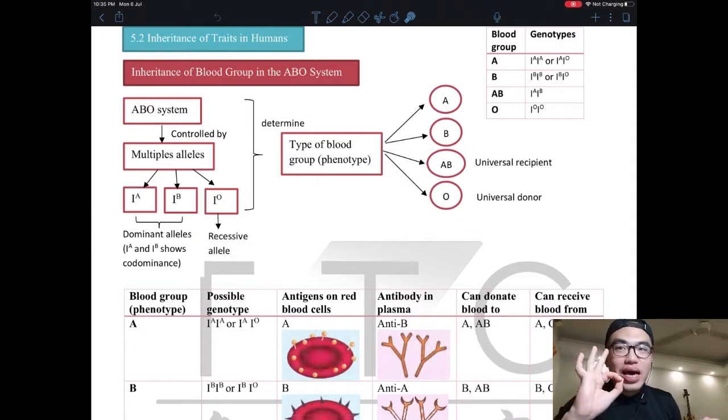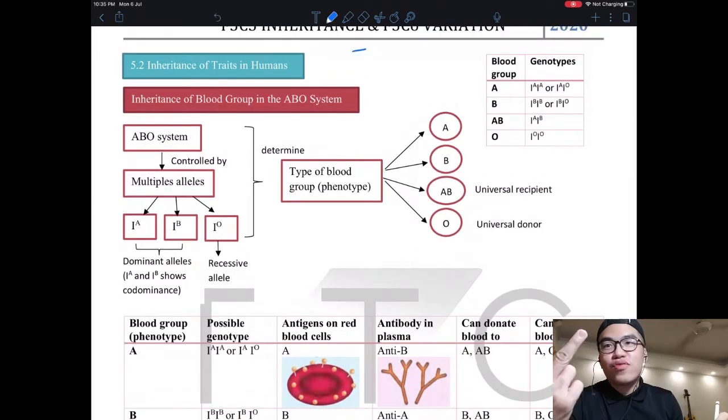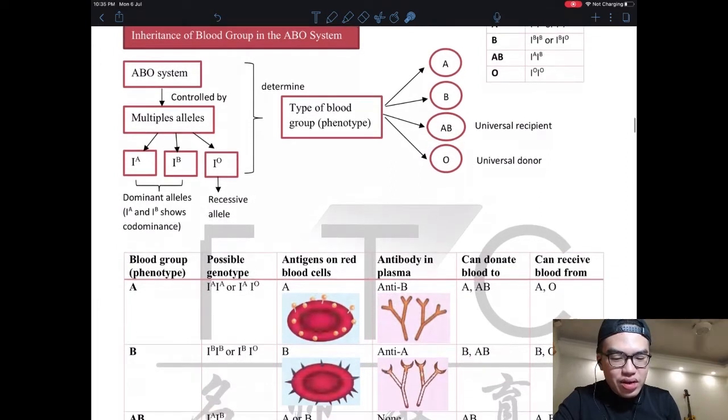Basically you have 3 alleles over here. Remember what an allele is? Last week we talked about height, remember? You have big T and small t, so we have 2 alleles. But for blood group it's a bit more special. Blood group you have 3. So you must ask, why 3? Because in this case we have 2 dominants. We use the word called